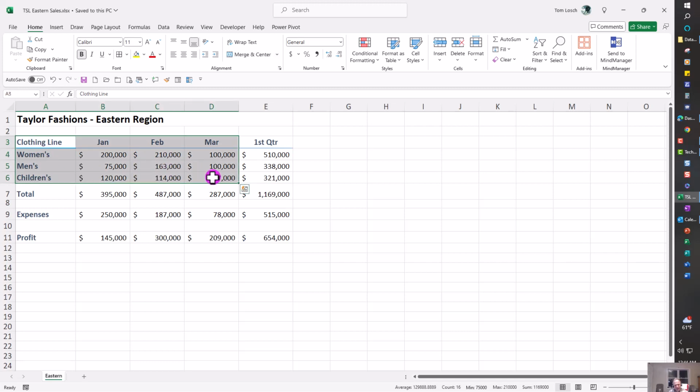Now the reason I started in column A is because that's the column that contains the labels of the clothing, and I started on row 3 because it contains the labels that break down the months. So everything's going to be created into a graph. Everything's going to be converted into a graph